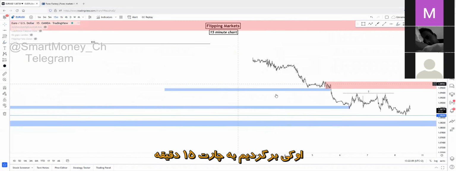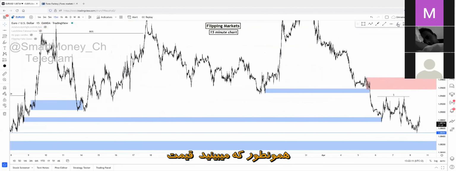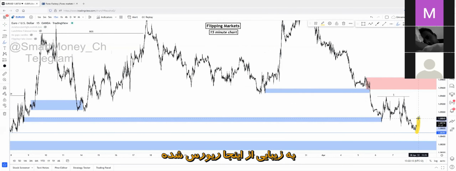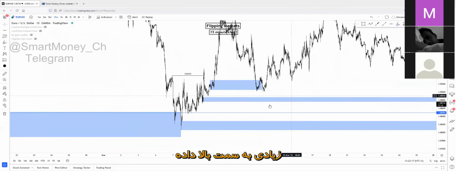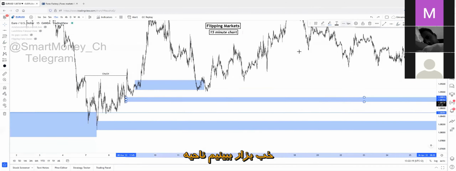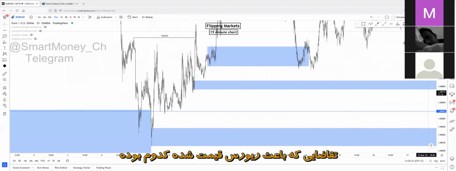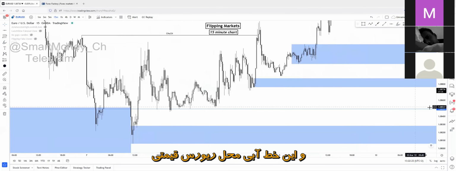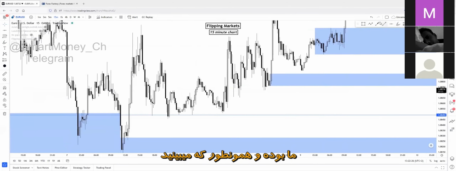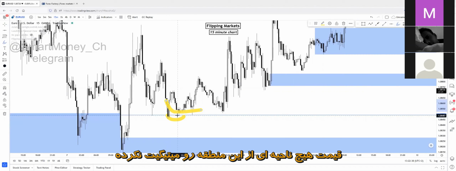Okay, so back to the 15-minute chart. So as you can see, price clearly reversed right here and created an upside change of character on the 15-minute chart in several places. Let's see the reversal demand zone that has caused the reversal. And this was the low point of the demand. And as you can see, price hasn't mitigated anything right here at this region.